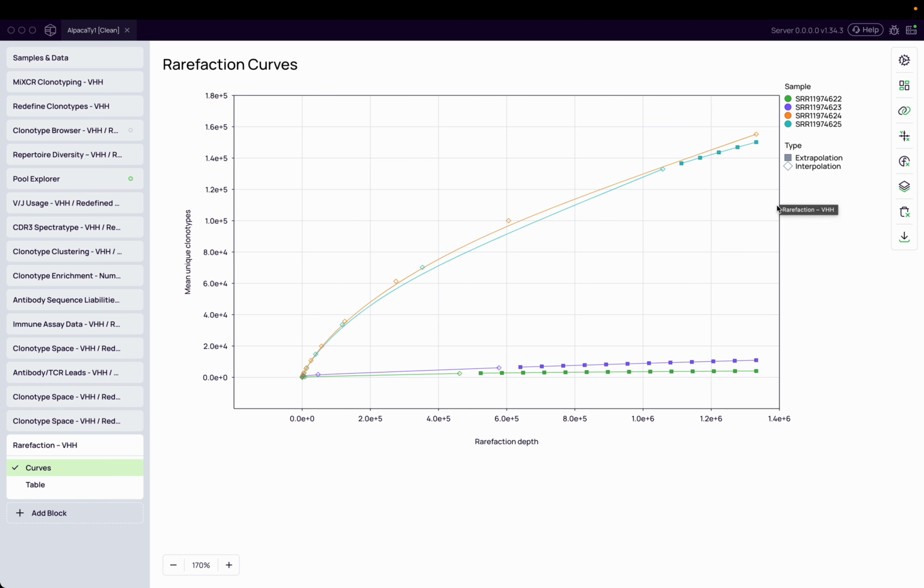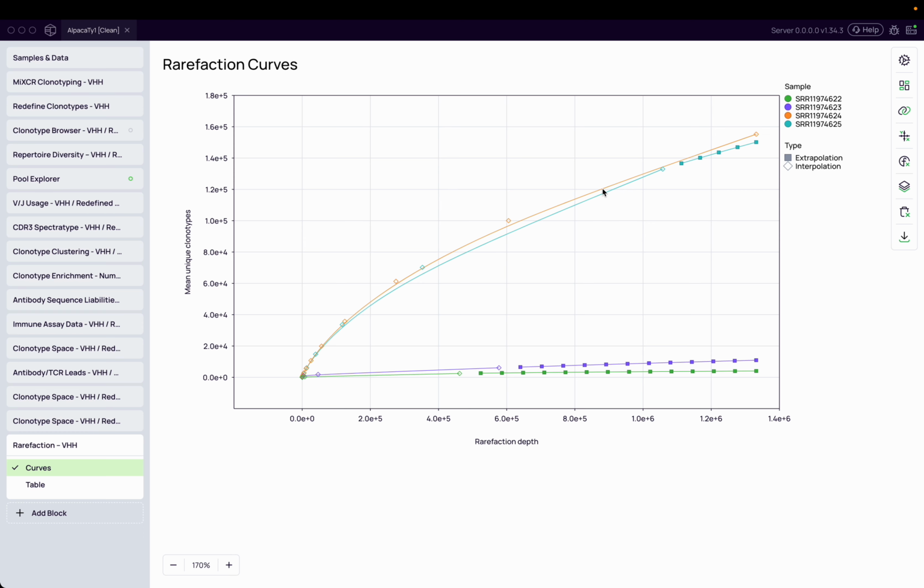So here we immediately see that for some samples, the mean number of unique clonotypes is almost flat, meaning that we are approaching a plateau. This indicates that the diversity of the samples is well characterized. So what we picked from the data from these two samples is actually good enough, and the sequencing depth is adequate. However, for these samples, especially for this one, blue, we see that the